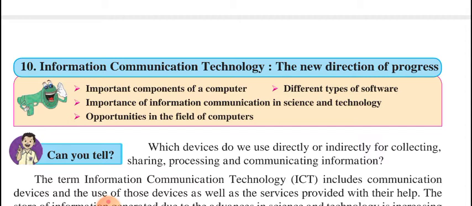Now we will go ahead with chapter number 10, which is of your science 2 part. Whenever the lecture is for science 1 or science 2, I will let you know which is which. For homework writing also, you have to make two notebooks, one for science 1 and one for science 2. Now the 10th chapter is of science 2.